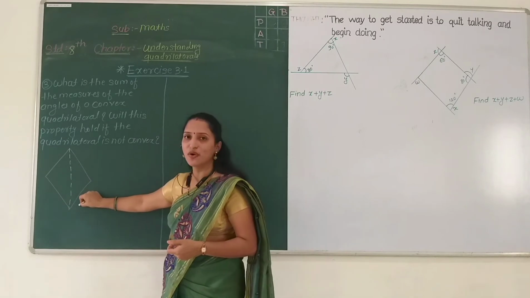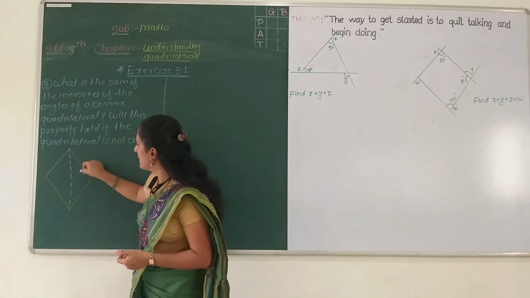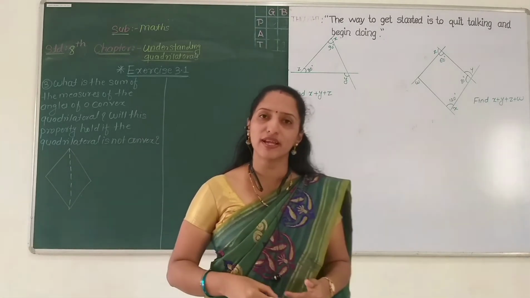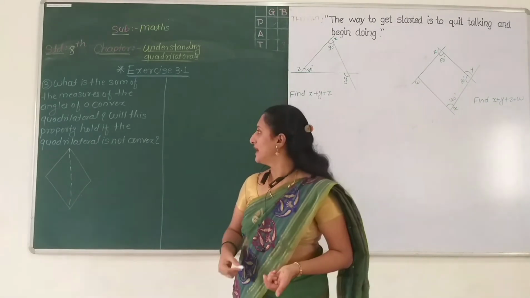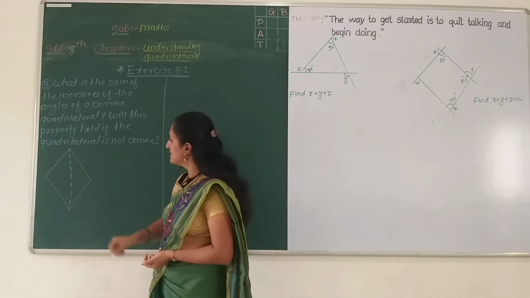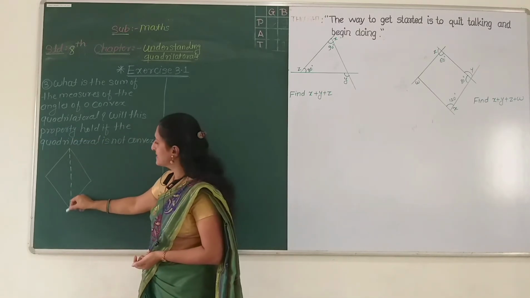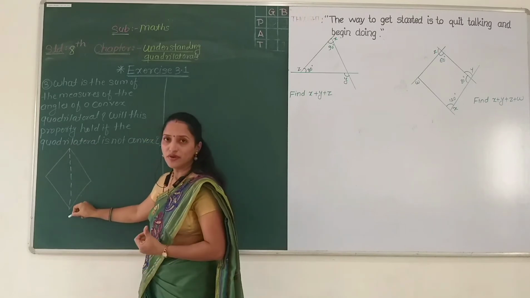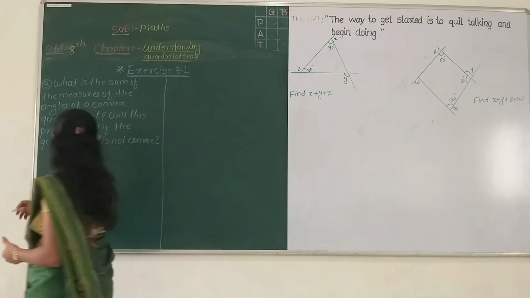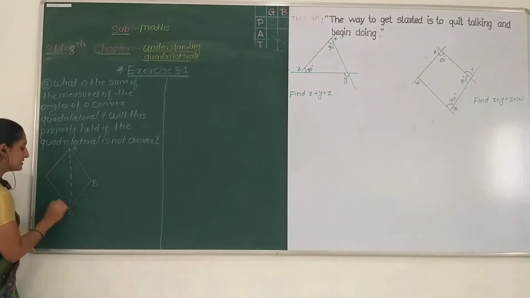Since it is a quadrilateral. Why is it a quadrilateral? Since it has four sides: 1, 2, 3, 4. So the polygon having four sides is called a quadrilateral. And we have to find the sum of all angles of this quadrilateral. For this, I join two non-consecutive vertices, that is, I draw one diagonal of the convex polygon. Look at here. I call this figure A, B, C, D.